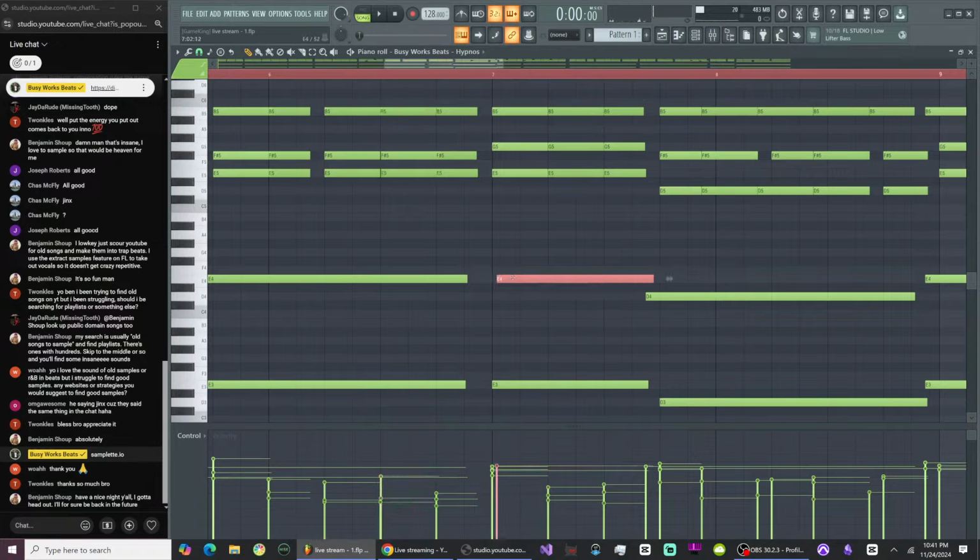Okay, so now we're dealing with frequency overlap. What's up, EC? Isn't it just easier to highlight and quantize? I did quantize, but the way I played it caused it to quantize off the grid. That's what happened. I played the notes early because it's a brass sound.